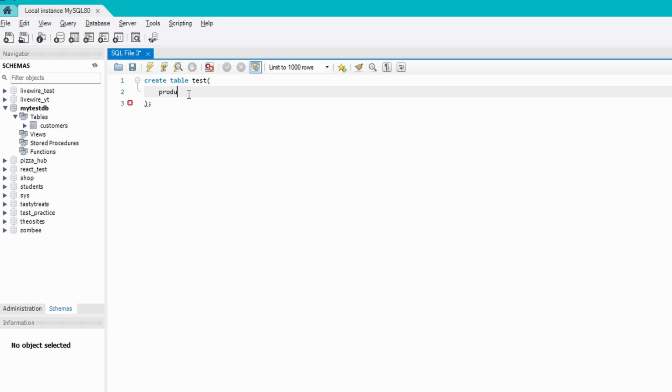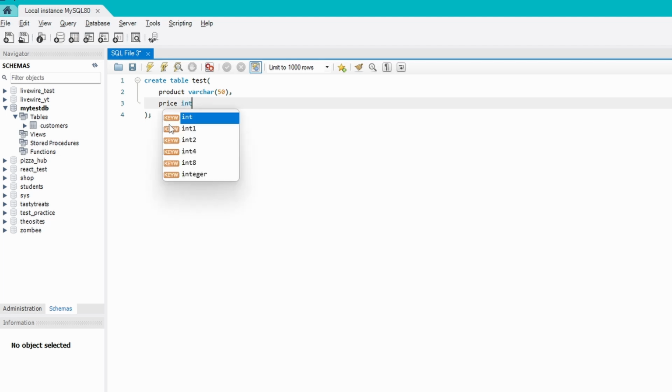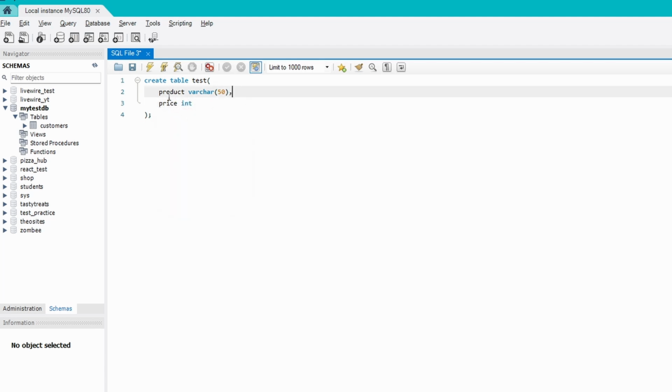So here I'm going to say product, and it's going to be varchar 50. And then a comma, and on the next line I'm going to say price here, and the price is going to be of type int. Now notice I haven't even included a primary key here. We're going to create this table without a primary key and see how we can assign the primary key later on. So I'm going to run this,